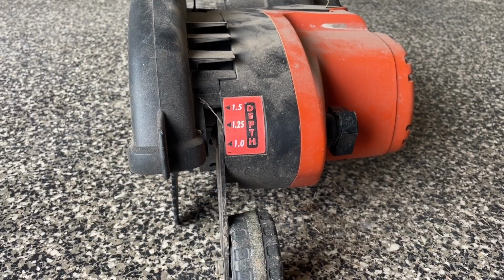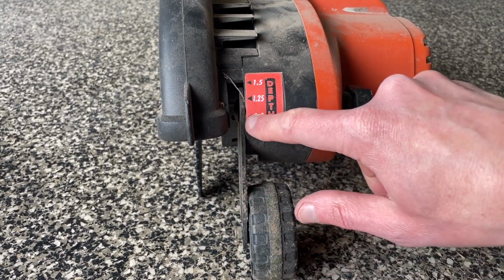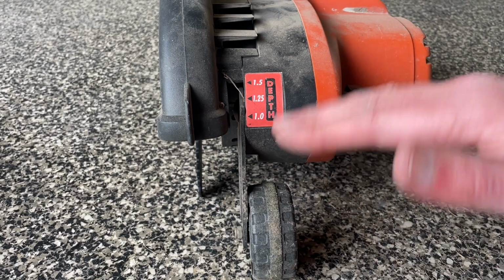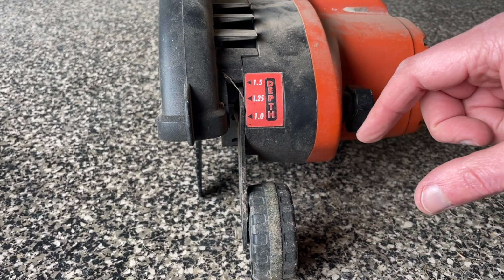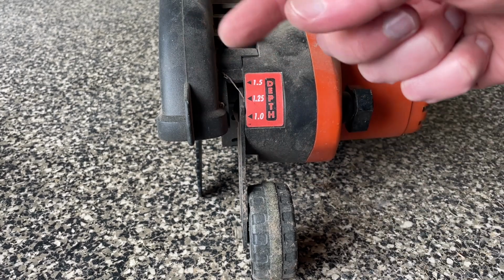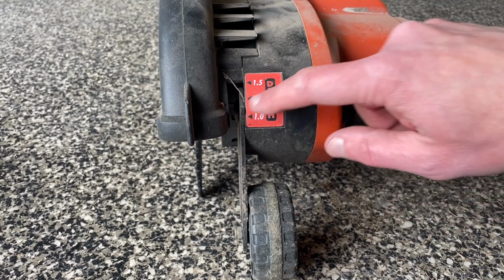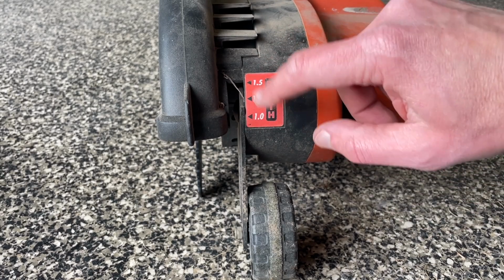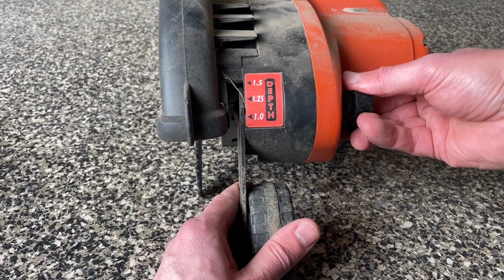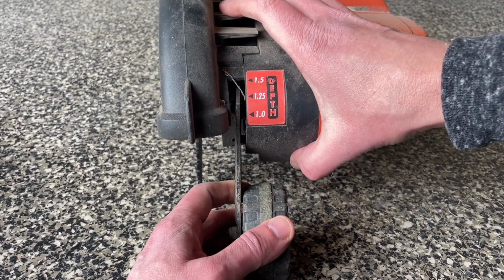All right. Now, just so you know, I have set this wheel. You can see the setting. There's a little knob here. It's at 1, which is basically, since I just put a new blade on, that'll give you the most height of this wheel, and that'll mean the blade is at the shortest depth into the ground. So as you click up, the depth number goes up, the blade is going to go farther down into the ground. And to adjust this, you just back off this, get it loose, and then you can lift